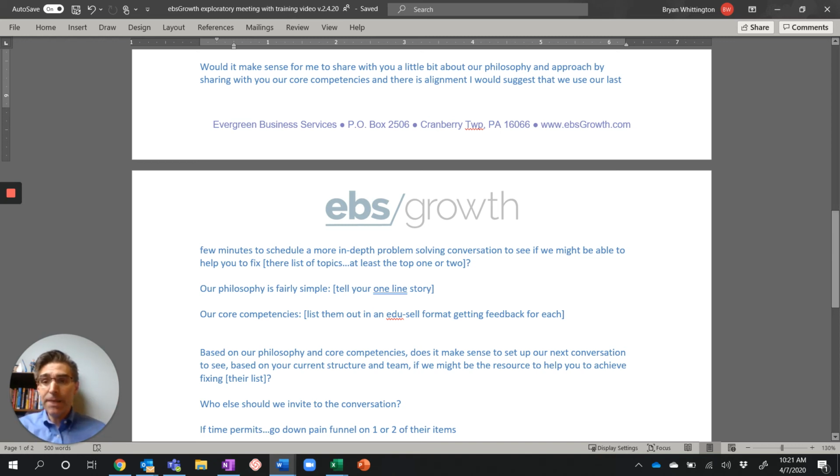Second core competency is this. Maybe you don't want to set up your own sales team. It's expensive. It's hard to manage. It's hard to hire, as we just pointed out. So oftentimes people want to leverage us for our second core competency, which is sales development. And then you explain that. So that gives you an idea. You want to give your philosophy, then core competencies in a story format, stopping in between each one of those core competencies. And you'd likely want to keep your core competencies to maybe two, three, no more than four. That's really what you want to do there. So those are your philosophy and core competencies.